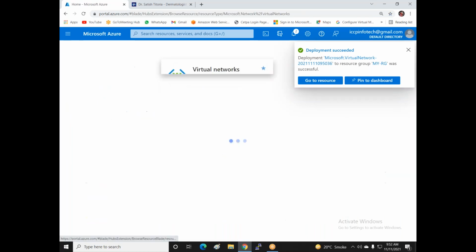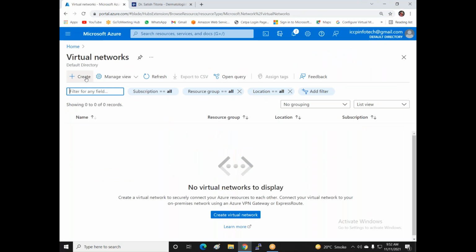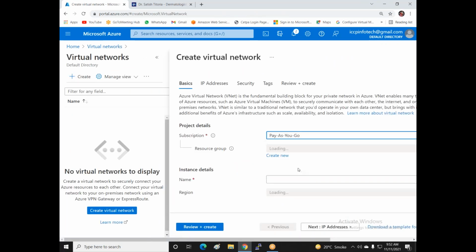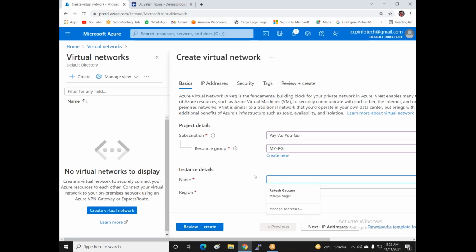I click on virtual network and create, and select the subscription. I'm using the same resource group because I'm saving all the resources in the same one. VNet 2 in India, and now I select Central India.